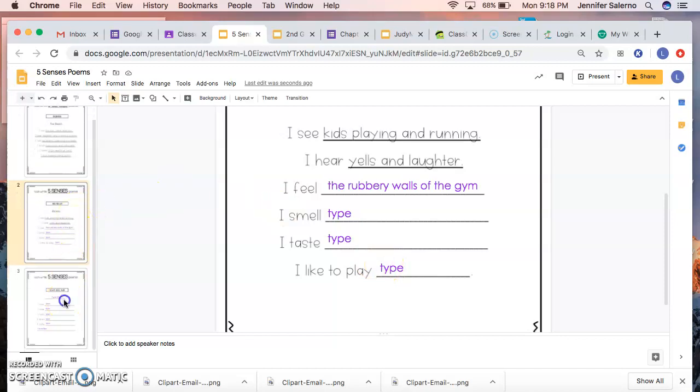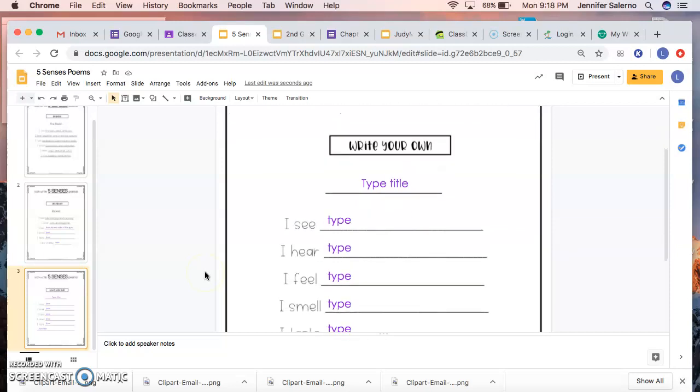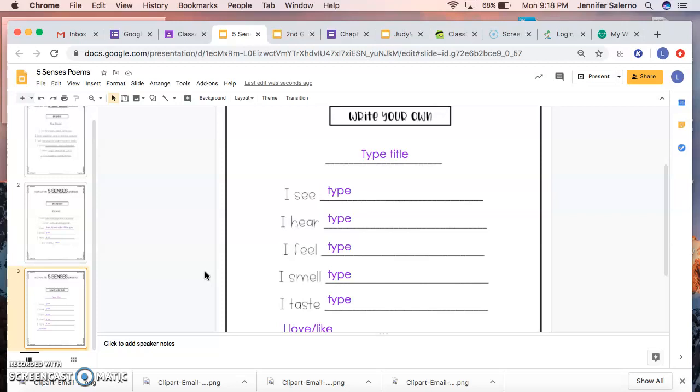That means on the last page, it's your time to shine, and you're going to create your own five senses poem. The only thing I'm going to recommend is that you choose a place because that's the easiest thing when you're coming up with your senses. I would be choosing any place that you want, and that's going to be your title. Like if you're choosing, for example, the park, that would be your title, the park, okay? The playground, okay? Those are examples of what you would choose. My house, okay? A place. That's what I want you to try to focus on.